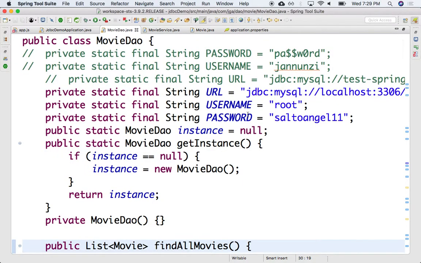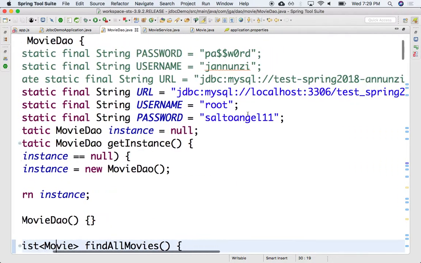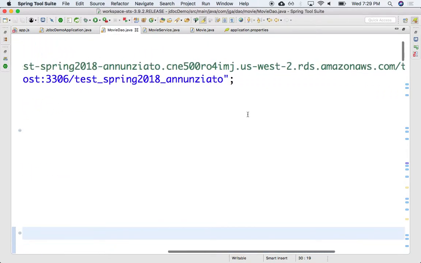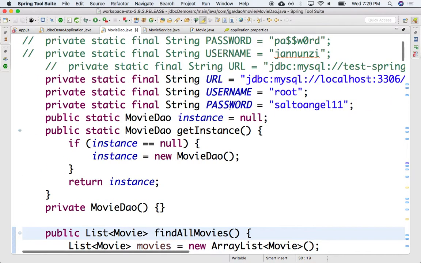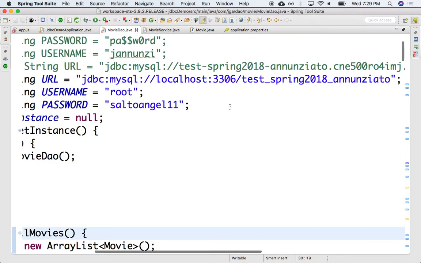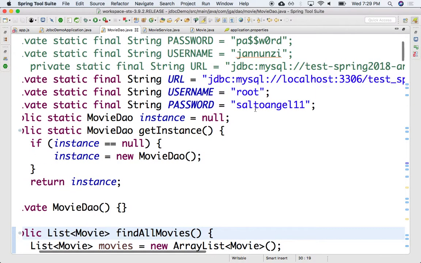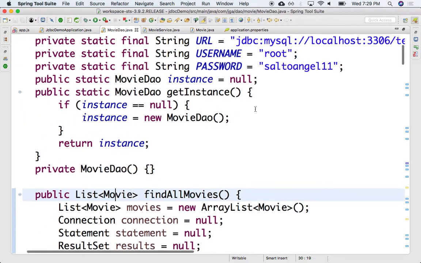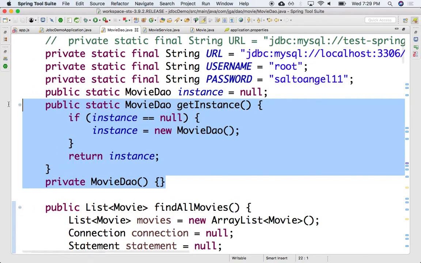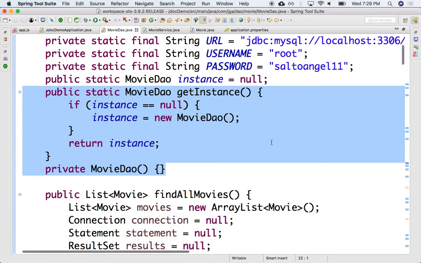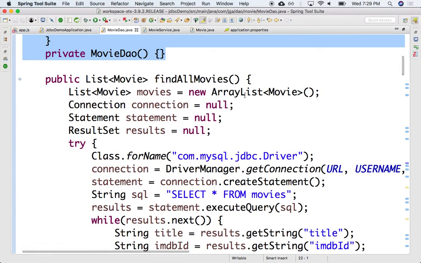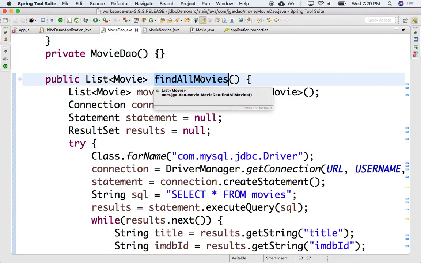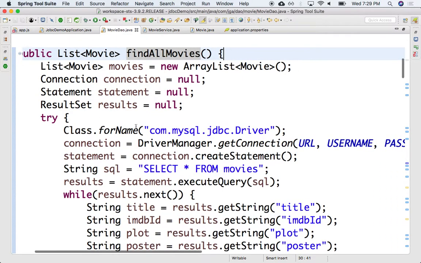We used JDBC and connected to the remote database on AWS. Here I changed it so that it connects to my local database on my machine, with my username and password. We also implemented it as a singleton, where we get the instance of this movie DAO, and then we implemented several finder methods. I think we got find all movies, and we implemented the queries for each one of these,